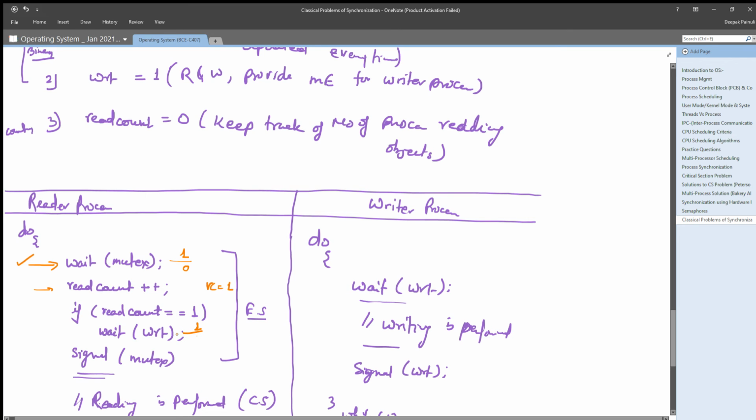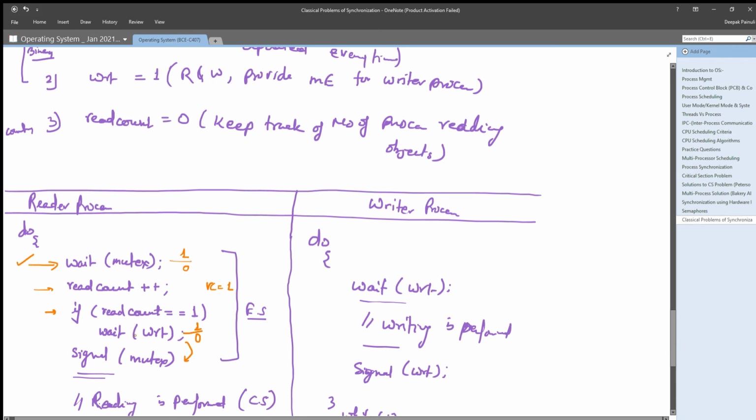Let us understand, before this the WRT value is 1. Now WRT will be 0. It has executed this, right? After that, it will execute signal on mutex. Why has it done this if condition? Because the reader wants to check that some writer is not writing on that particular object.